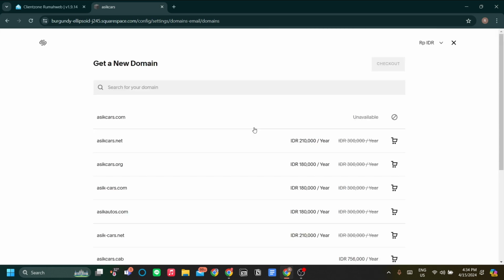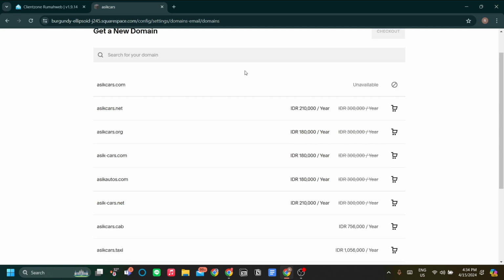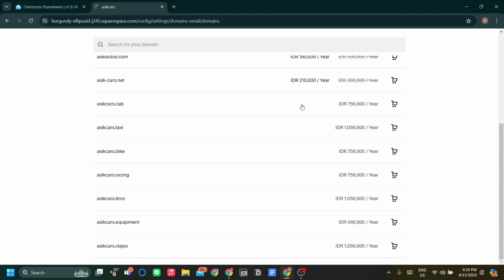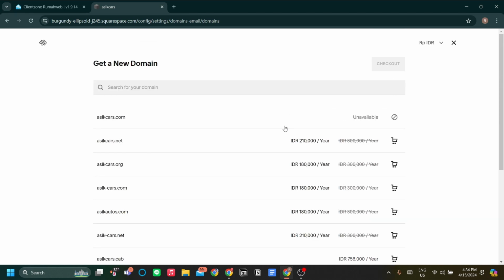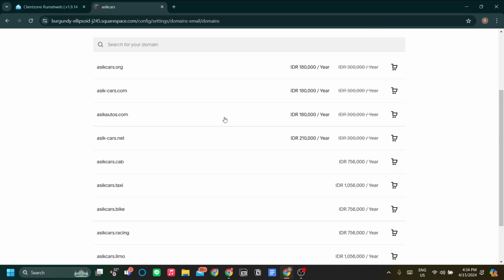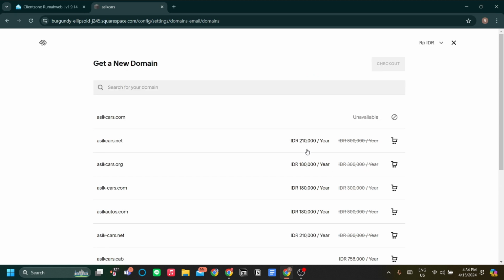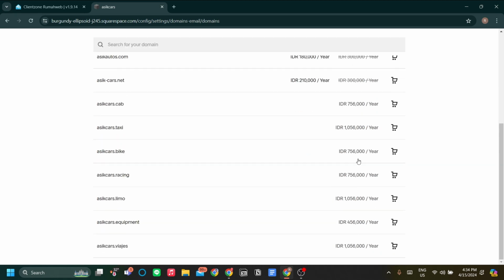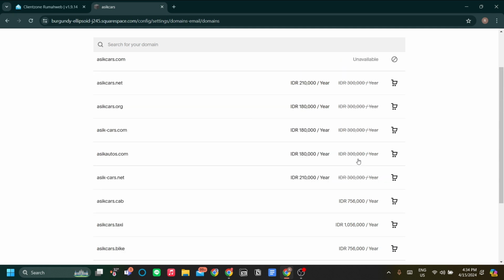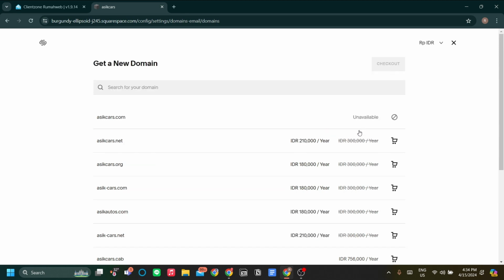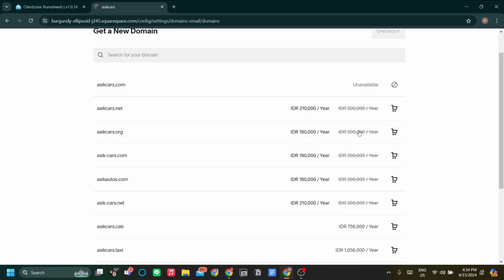Now, if you select get a domain from Squarespace, as you can see, Squarespace has a few offers for you to choose from for your domain, and there are also discounted ones. I think it's a good price to start for your domain, but I feel like we can get domains for a much cheaper price on other websites, and that's why you might want to connect your domain that you buy